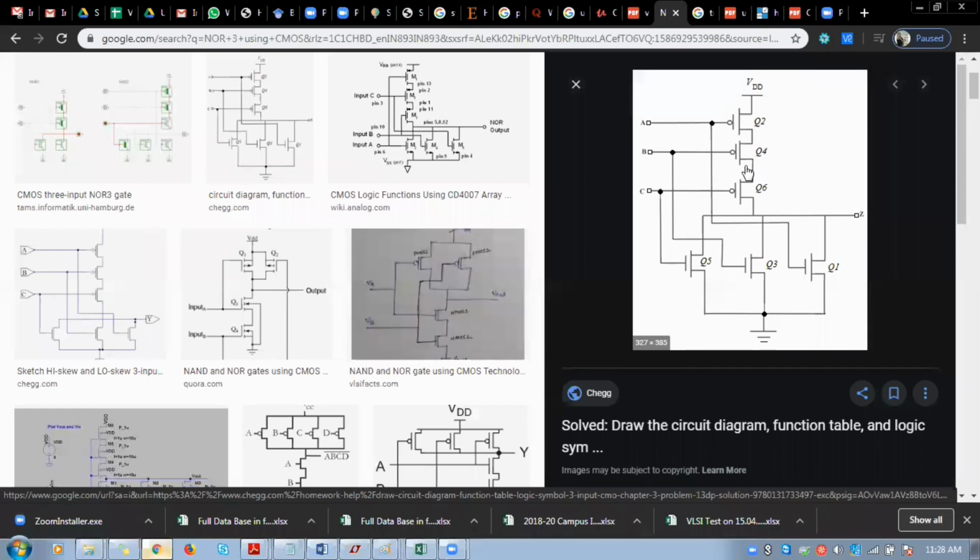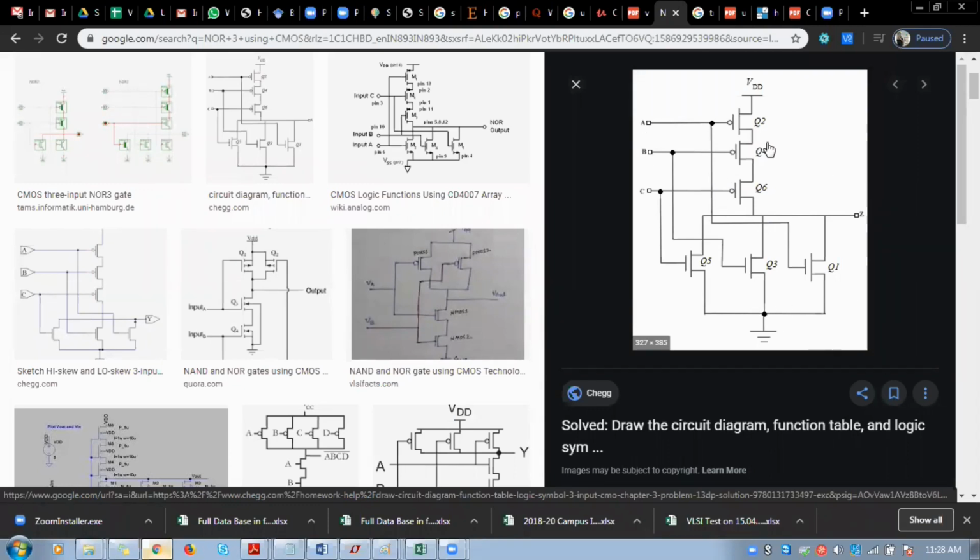So the number of inputs will be the amount of parasitic delay. Here 6 will be the K value, here 1, 1, 1. While calculating the parasitic delay, we have to consider all the transistors which are connected directly to the output. So 6 here, 1 here, 1 here, 1 here. Totally 9, divided by the input capacitance of the unit inverter. So 9 by 3, 3. So for a 3 input NOR gate, the parasitic delay will be 3.